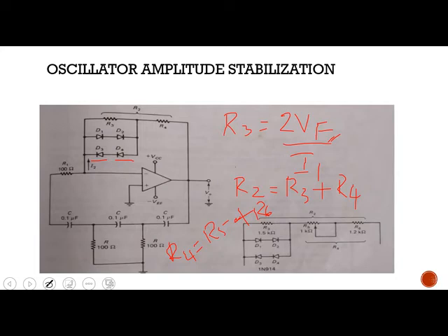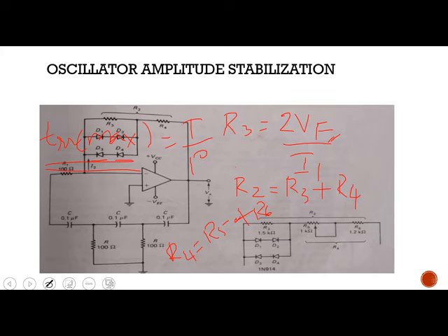For selection of the diodes, we need to consider that their reverse recovery time should be a maximum of 1/10th of the time period of the oscillations. That means the reverse recovery time of the diode, TRR max, should be equal to T by 10. So we have to select the diodes based on the reverse recovery time, and the reverse recovery voltage of the diodes must be greater than the supply voltage. So this is one of the oscillators which generates a sine wave.